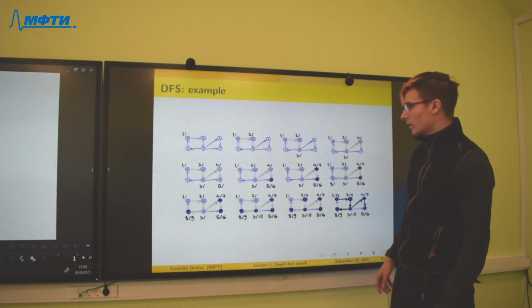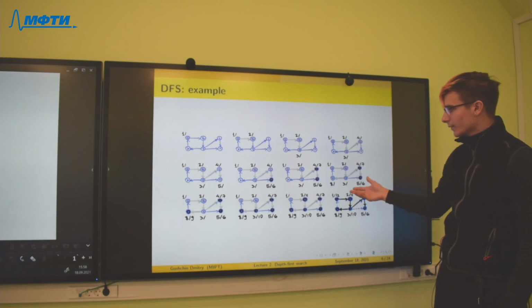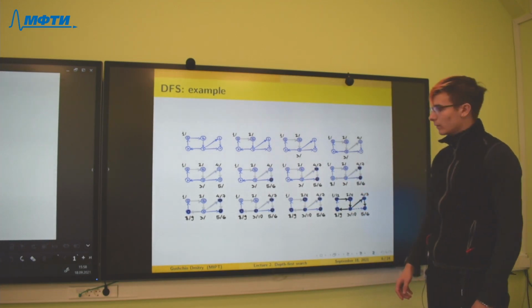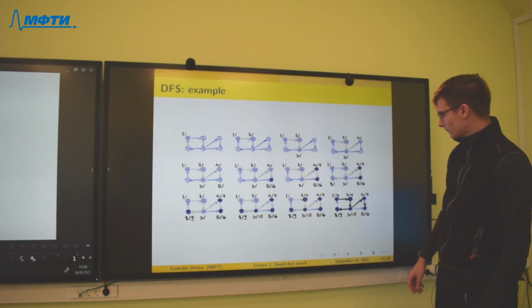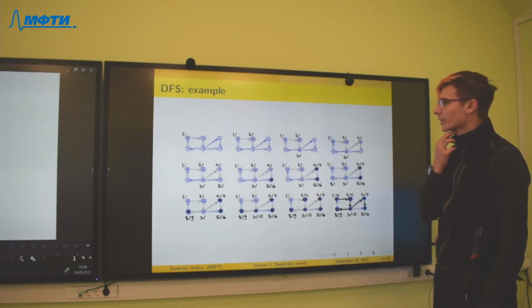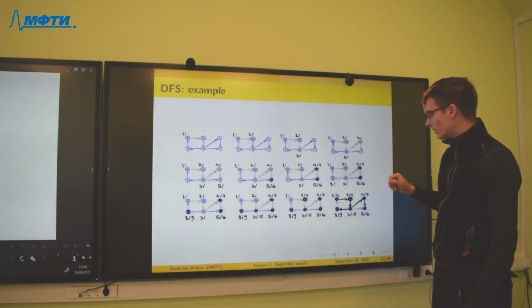If you use, for example, a bool variable, it is equivalent to this coloring. If we have not stored this information, we can cycle our algorithm.